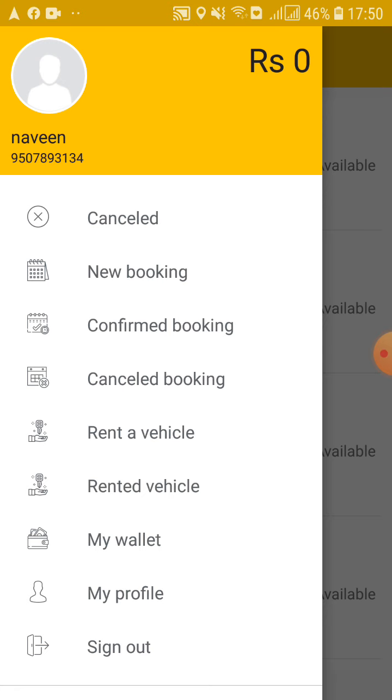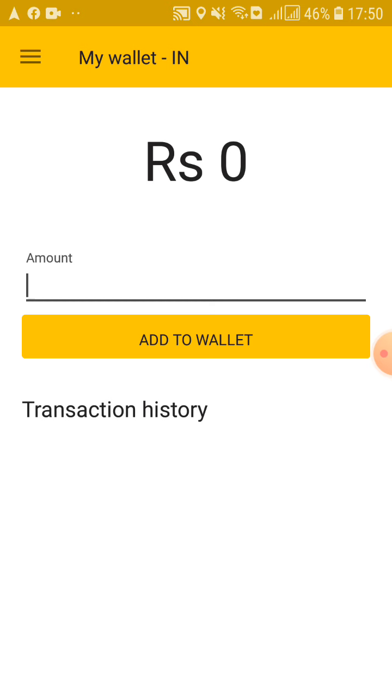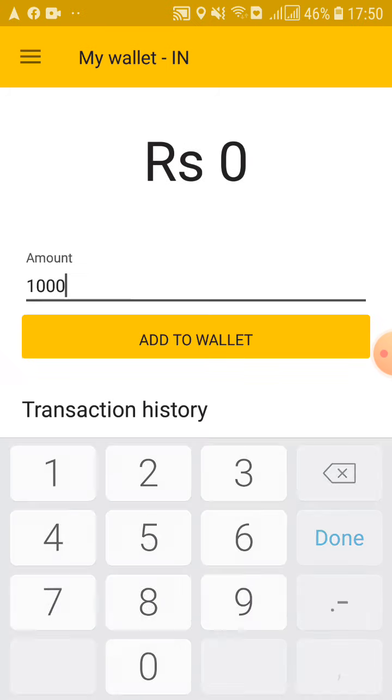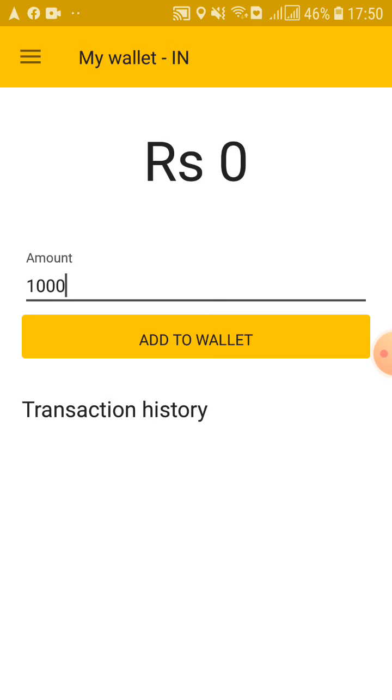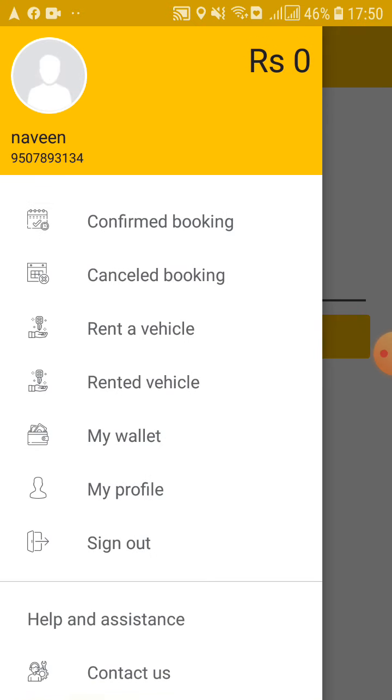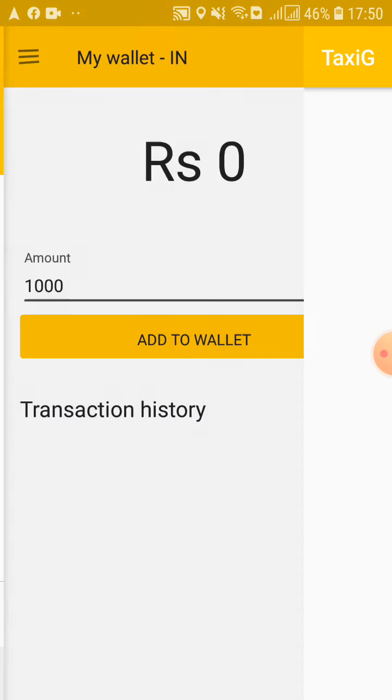And one more feature here, you can add a balance to your wallet, just like a Paytm wallet or any other wallet. You can put whatever you want, like 100 or 1000 rupees, into this wallet. But I don't want to show you right now, you already know how it works. And after that, one more button is here, contact us.